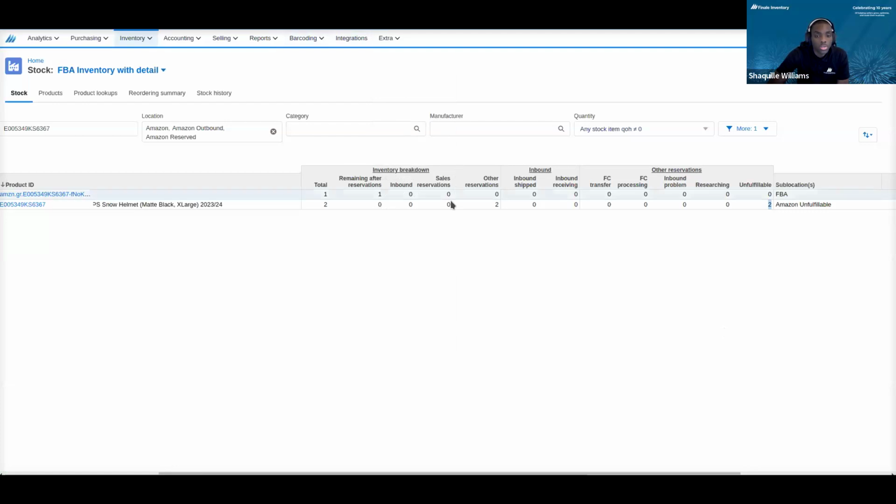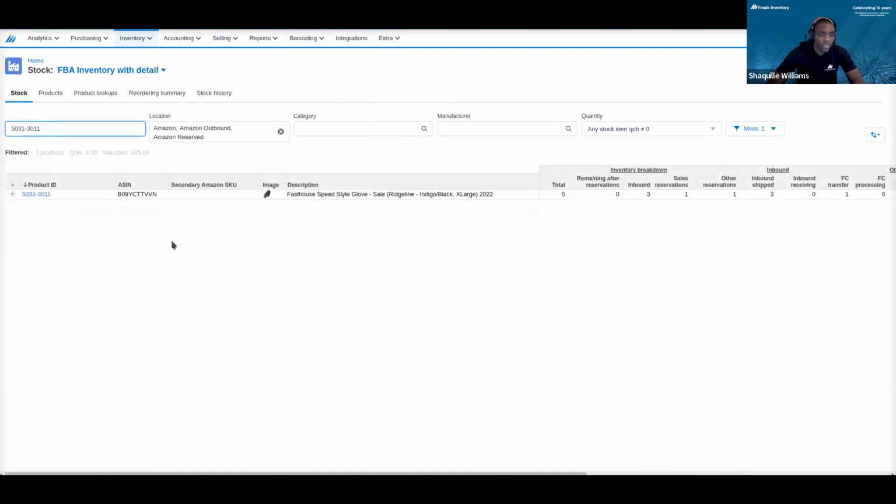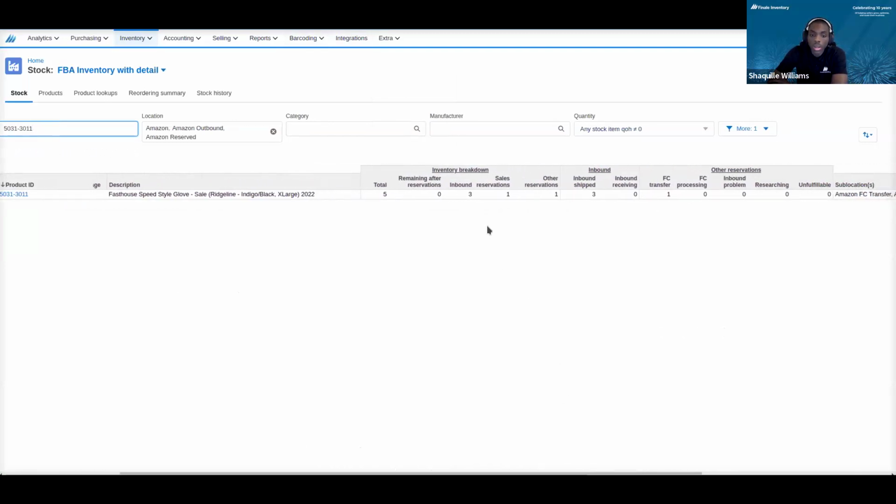Let's look at one more just to understand the synchronization and the stock levels in Finale. We have one more product that I want to show you guys that can provide you with that high level of detail. So for this product as well, we can see what it looks like in Seller Central. Right now in Finale, we have 3 inbound units, 1 unit that's reserved for a sales order, and then 1